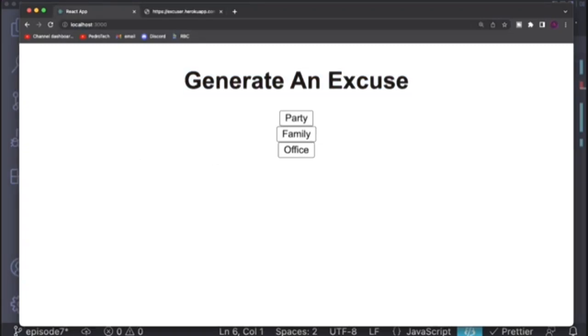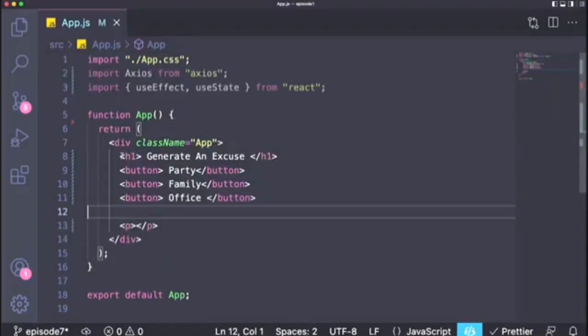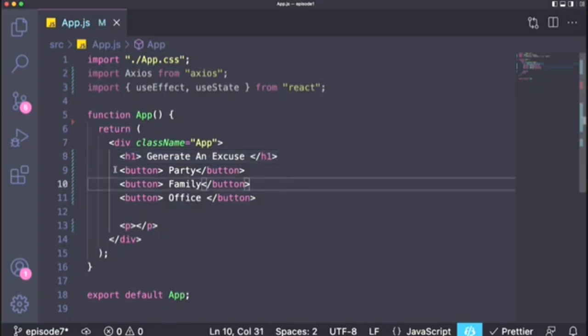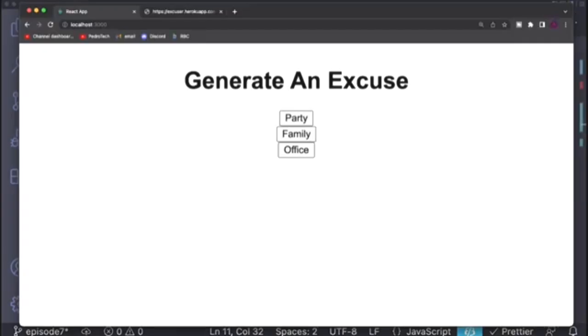The app should start like this. You have an H1 tag that says generate an excuse and 3 buttons, one for party, one for family, and one for office. What I want is to display an excuse over here at the bottom. And whenever you click on one of these buttons, for example, I click on the party one, it will show